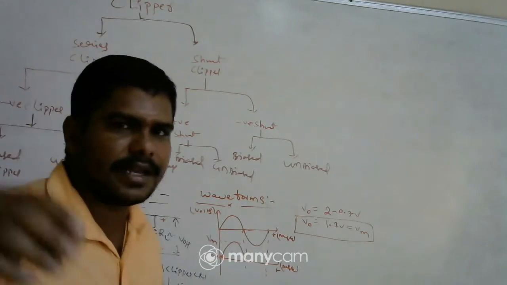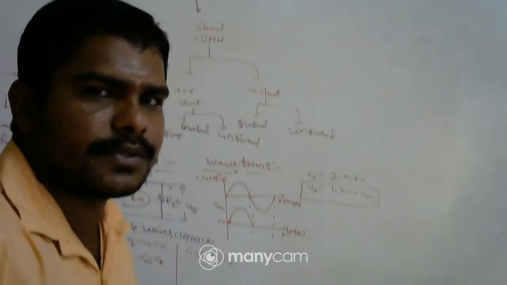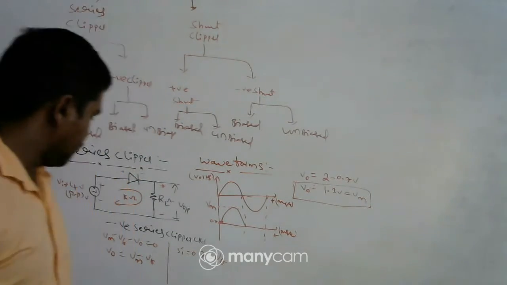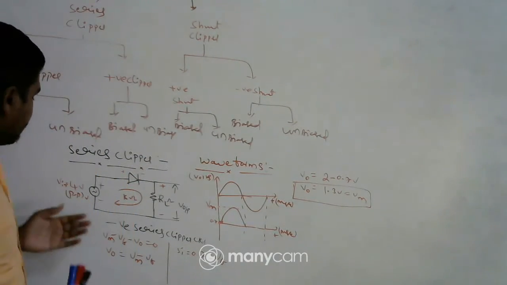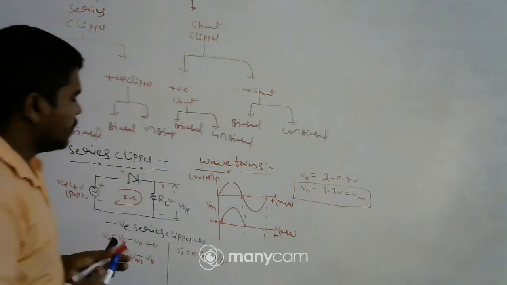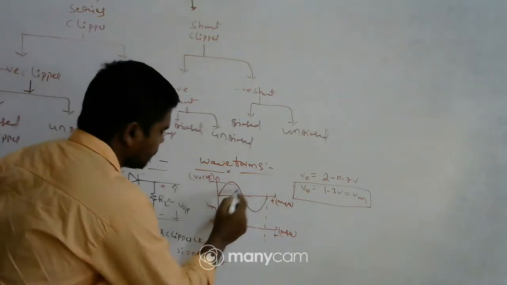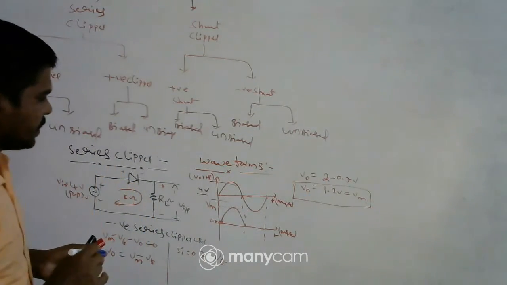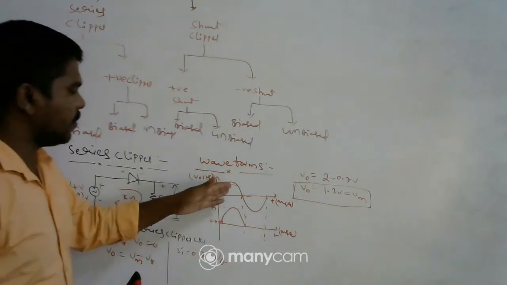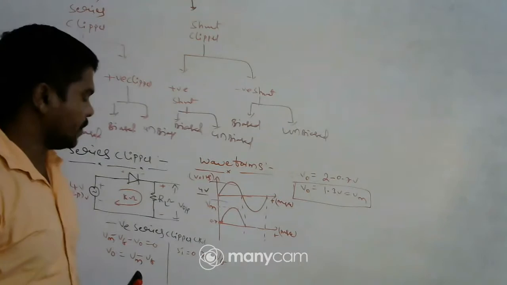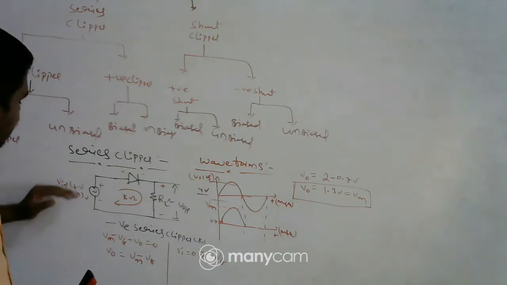You can see here the negative series clipper circuit. Let us assume the input signal is 4 volts peak to peak. This is your input signal, 4 volts peak to peak. One peak amplitude is 2 volts: the positive peak amplitude is 2 volts and the negative peak amplitude is 2 volts. So when I am applying the input signal,